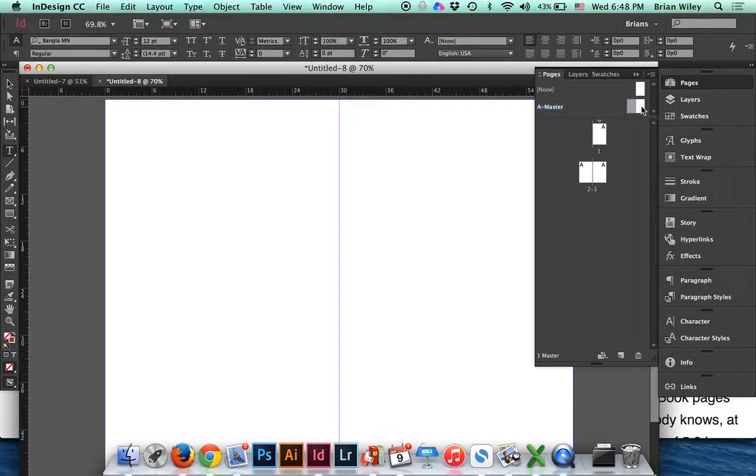So if I want to apply elements or anything to both simultaneously, you can hold down Shift and click the other page, the one that isn't selected. You can see these are both now